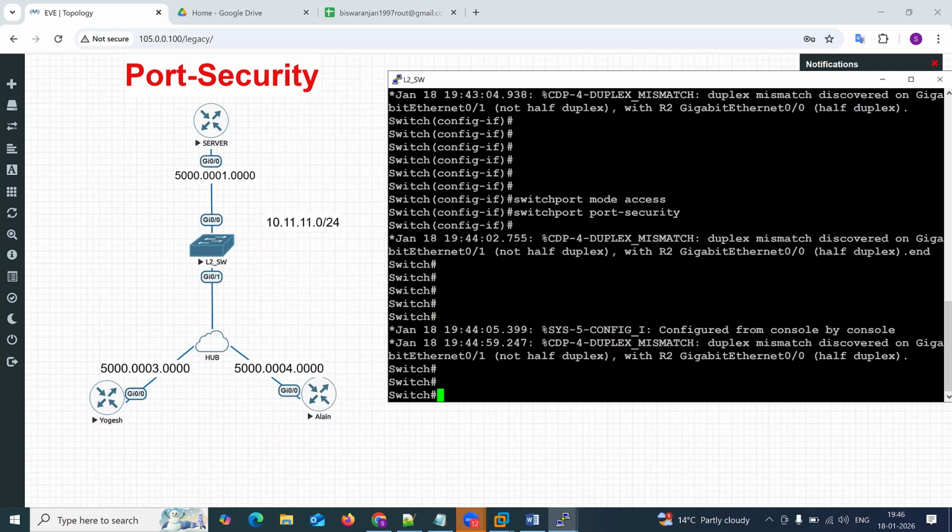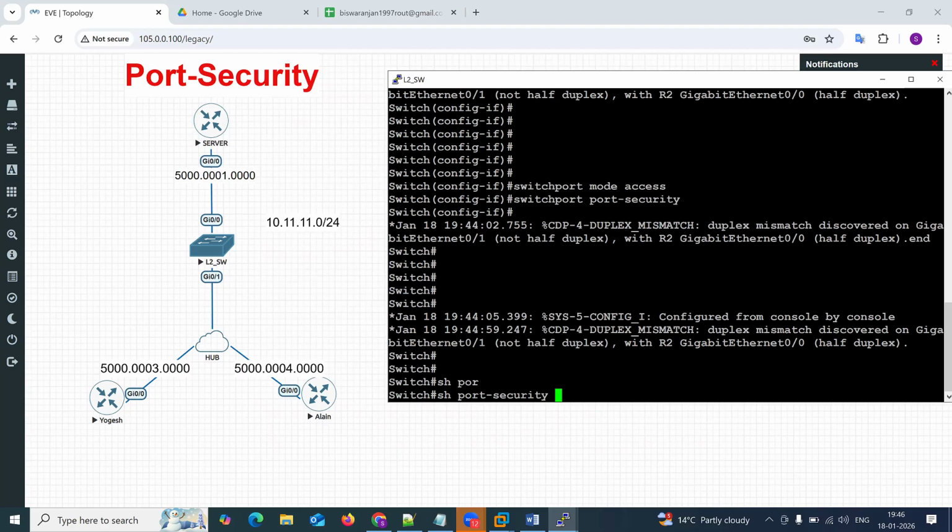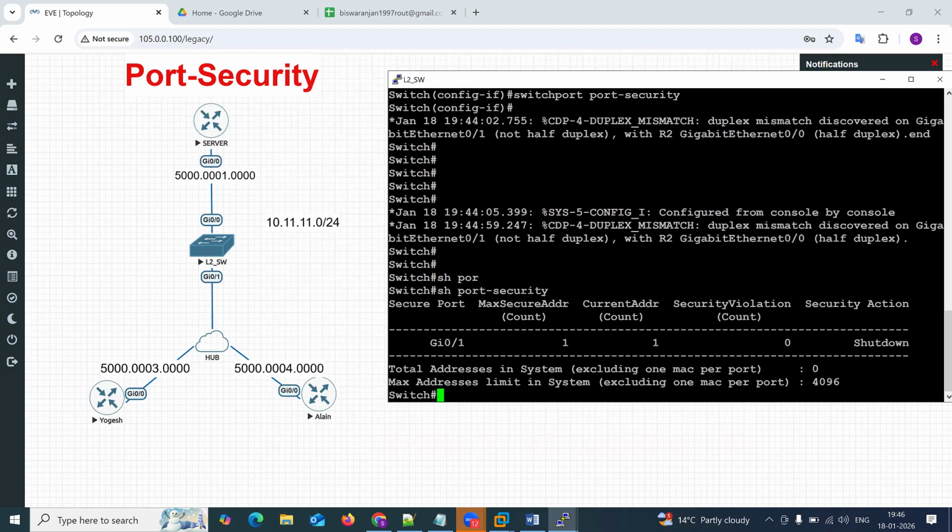Now, first of all, check whether your port security is enabled or not. So, show port-security. It says, yes, port security is enabled at G0/